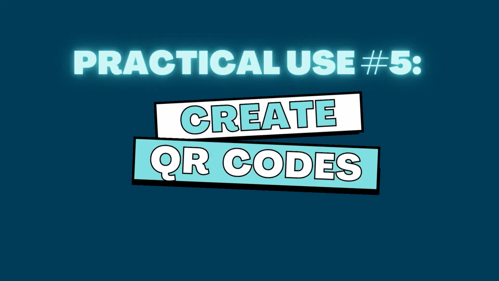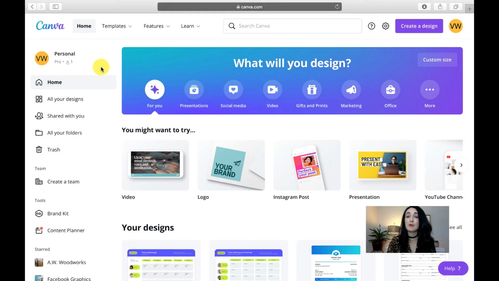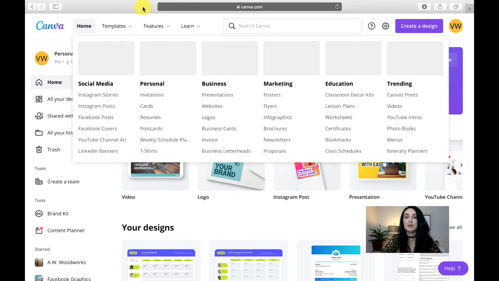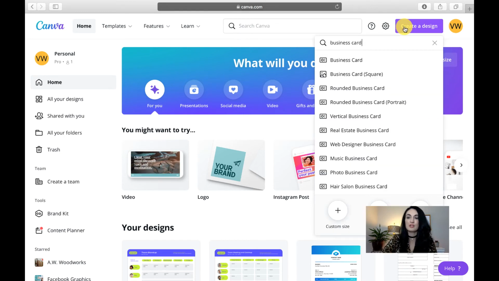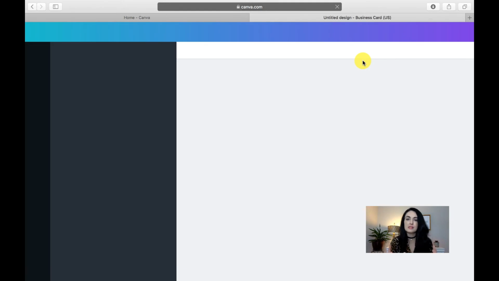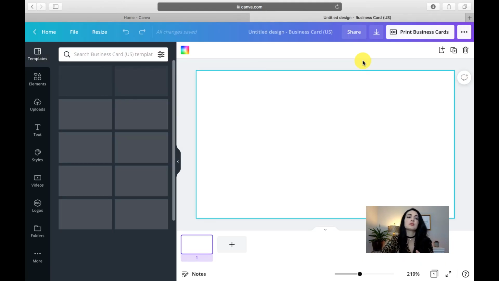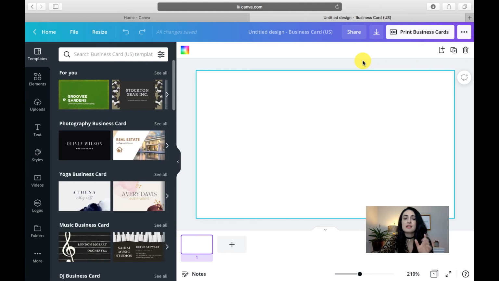Number 5, create QR codes. QR codes have become pretty popular, and while you could easily use a free online QR code generator or a paid online QR code generator, Canva gives you the capability to make and create QR codes right here within the platform. So let me show you how. Simply come over here to create a design, and I'm going to put this QR code on a business card. So I'm going to create the business card, and I'm simply going to select a template that Canva has here